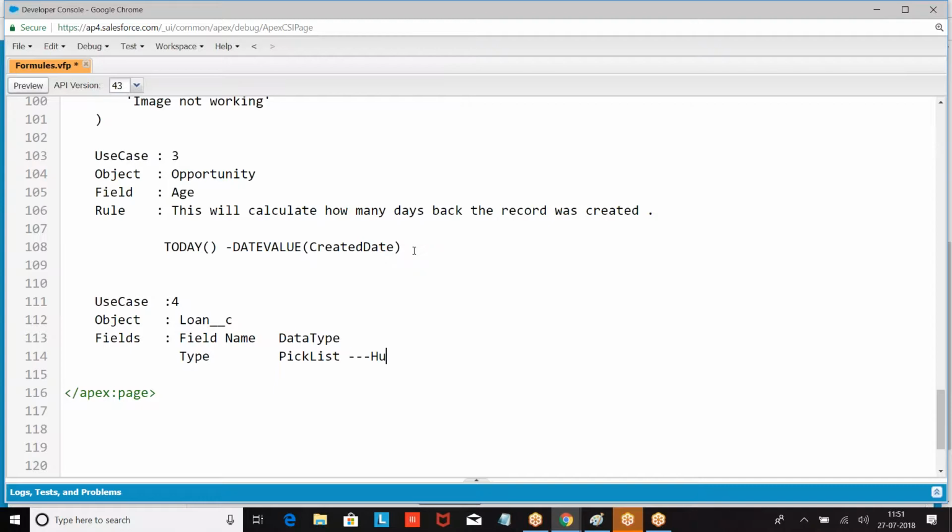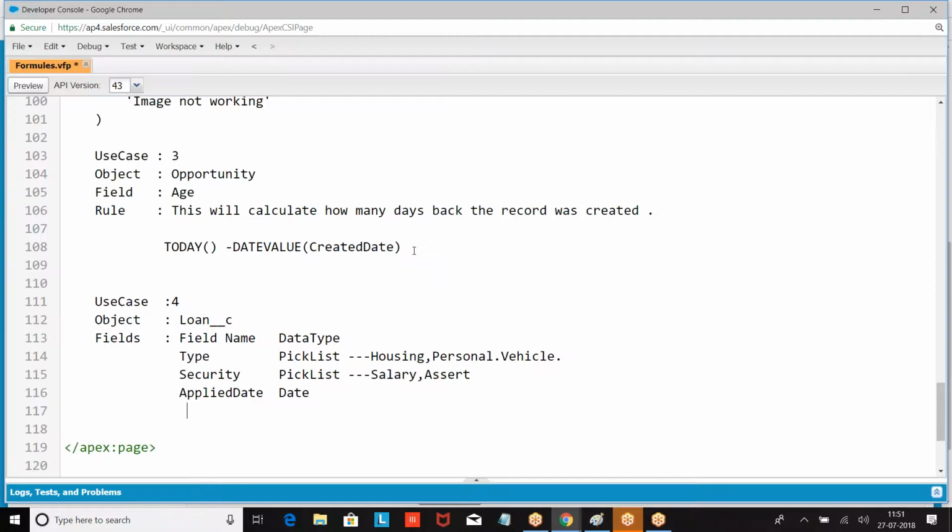What are the values? Housing, personal, education. Then security: on what basis you are taking the loan, salary or asset, based on property or asset. Then applied date, applied amount, currency.